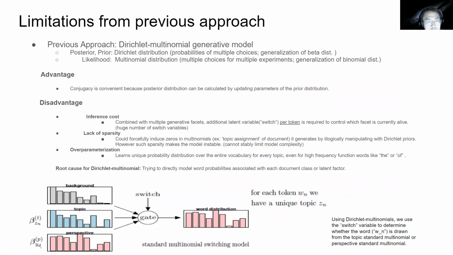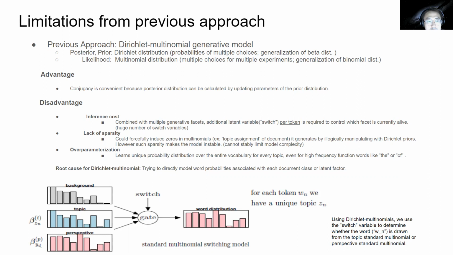So what does it mean to exploit the conjugacy between these two distributions? It is in terms of the Bayesian theorem. We want to know the posterior distribution, but it is intractable, so in Bayes' theorem we utilize our prior knowledge, our belief, in terms of the prior distribution. And based on that, we could calculate the likelihood. So by using these two factors, and we're not going to talk about the normalization term in the denominator, because it's not needed.